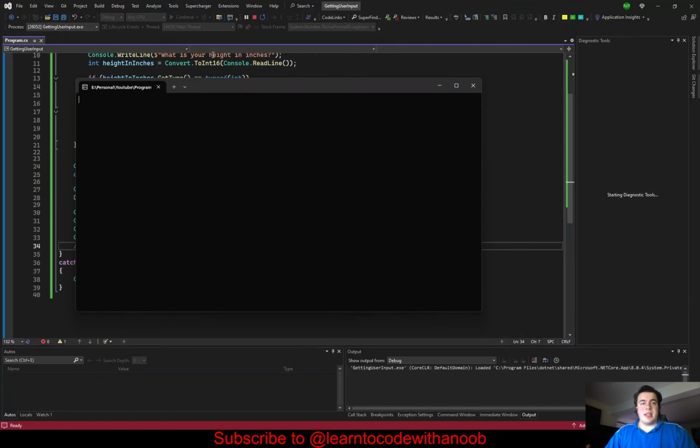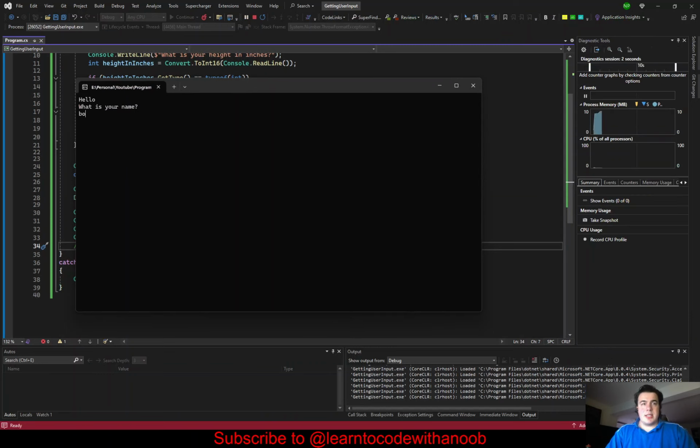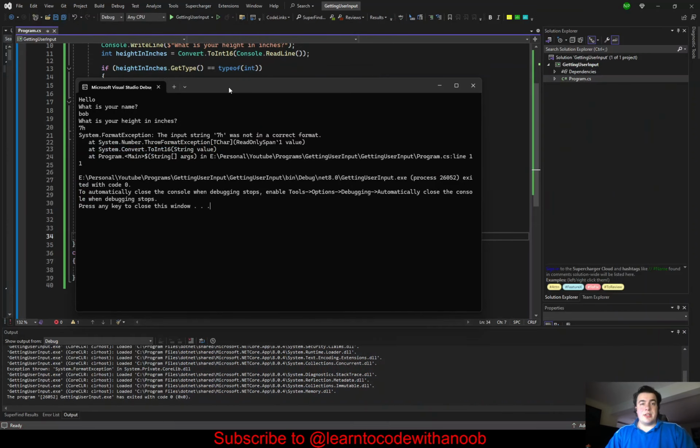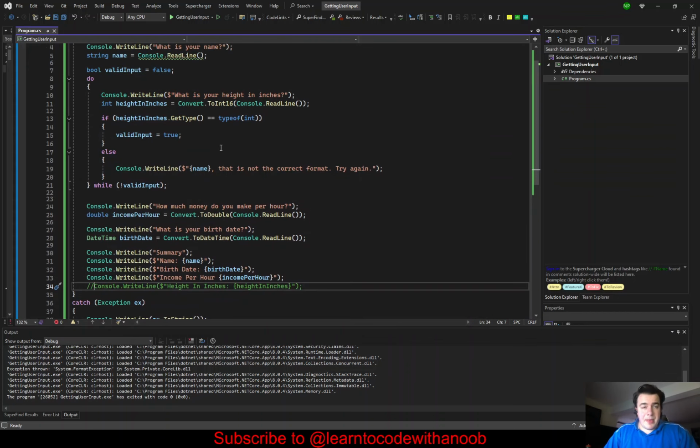But if we try that again, and type in Bob, what's your height in inches? 70, and then put an H. That didn't work again. Now that's because it would have hit this line here and it would have broken. So what we can do is,